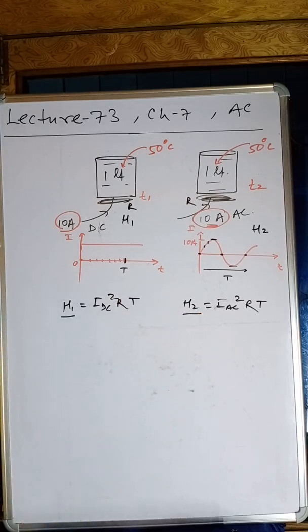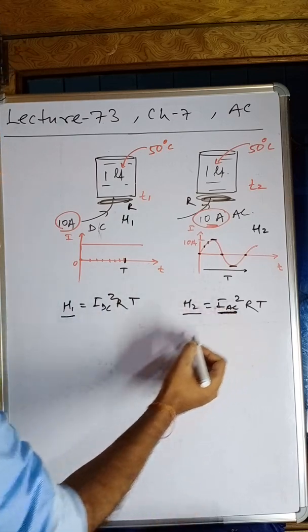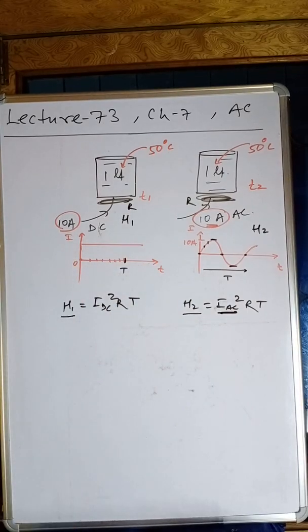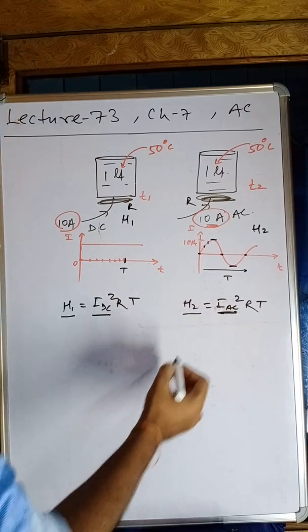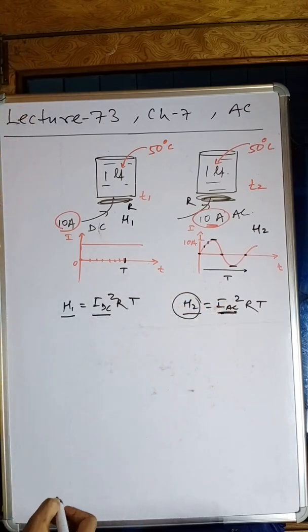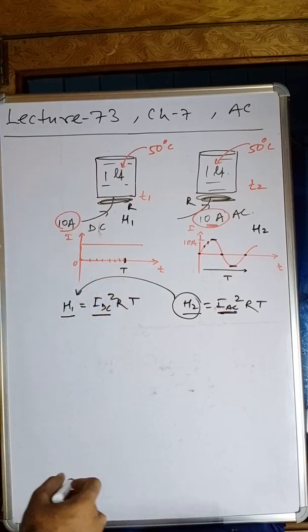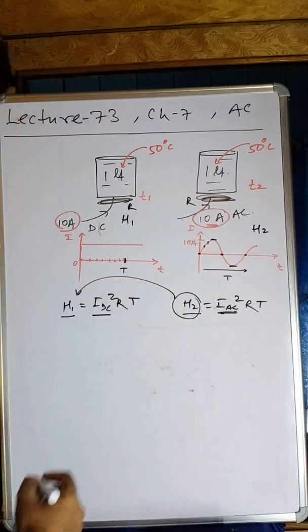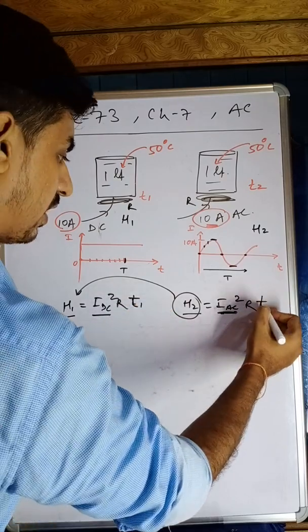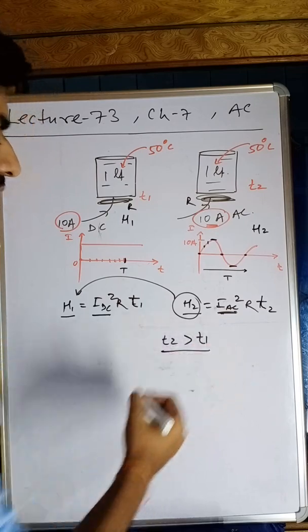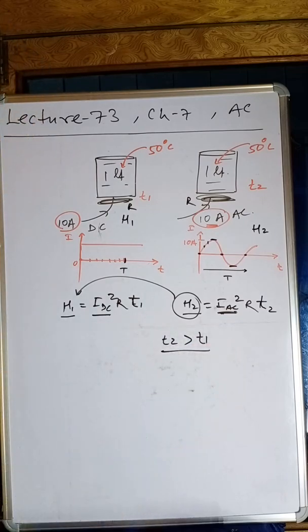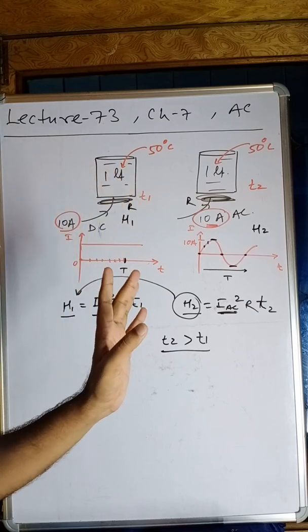values will be the same. It means that to equalize them, you need to increase the time. You can see here the current is less than the DC, because DC is continuously supplying the 10 ampere, but AC is not supplying the 10 ampere. It means this H2 will be 10, which equals H1, not exactly at the time t. If it is time t1 and time t2, then you can say this t2 should be greater than t1. It means first this DC will heat the water